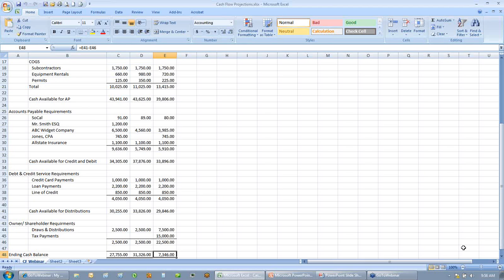I have to fund my pension plan. I have insurance. I have all my software that comes due in December. I have Christmas bonuses. I have client appreciation. I have a lot of expenses towards the end of the year, but most of my cash is in the beginning of the year. So if I do a cash flow projection for 12 months, and this also would work if you were doing a budget on a cash basis,